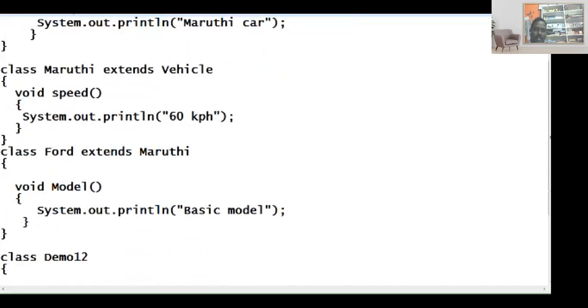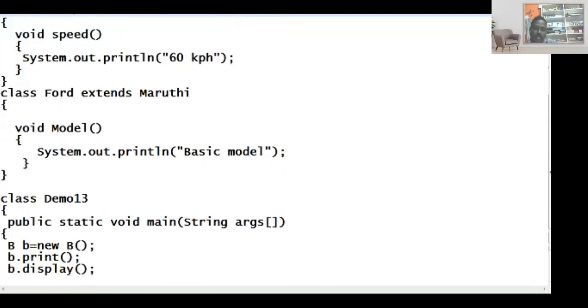Then I'm going to take your main method. Here I'm going to create an object for which class now? Subclass. Which is the subclass here? Ford is the subclass. With this we can access all the methods. I'll make you see. So Ford is the subclass. The object is f. Then f dot car.